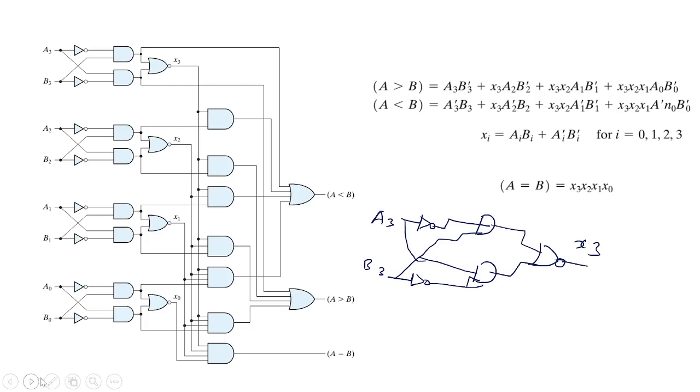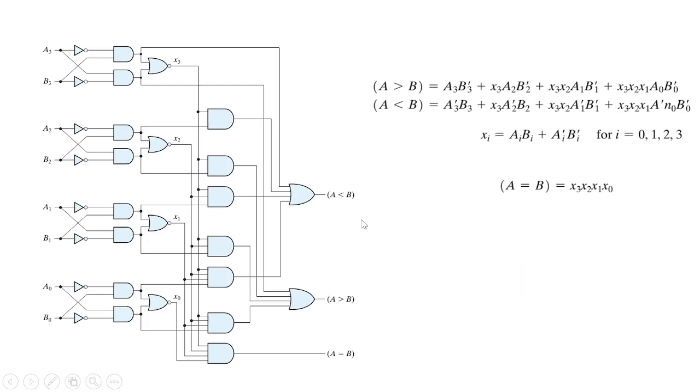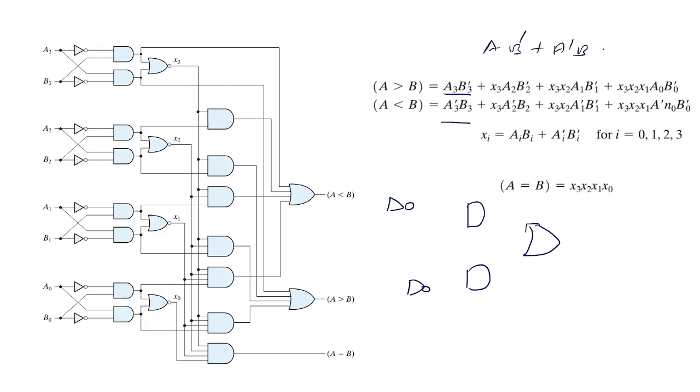Okay, I'll redraw this. So with explanation, see here, I have an AND gate, another AND gate, and for this we have an inverter here, we have another inverter. So why am I drawing like this? First of all, I am trying to get more number of similar terms. So we know that A B prime or A prime B is for XOR operation. XNOR is just the complement of XOR operation. So I am taking XOR so that I will be getting more number of common terms, so that I can draw the diagram with less number of gates.